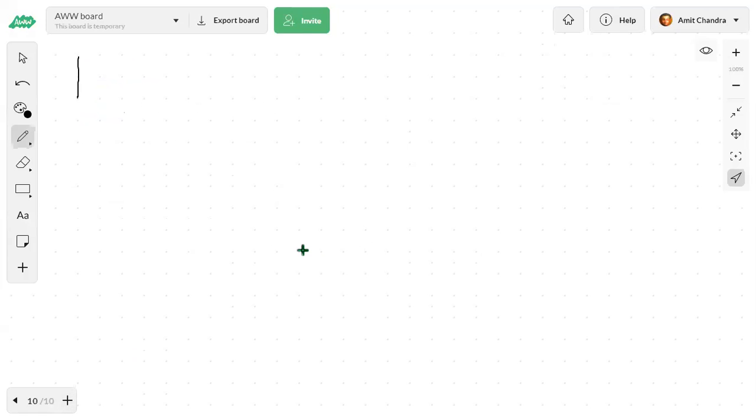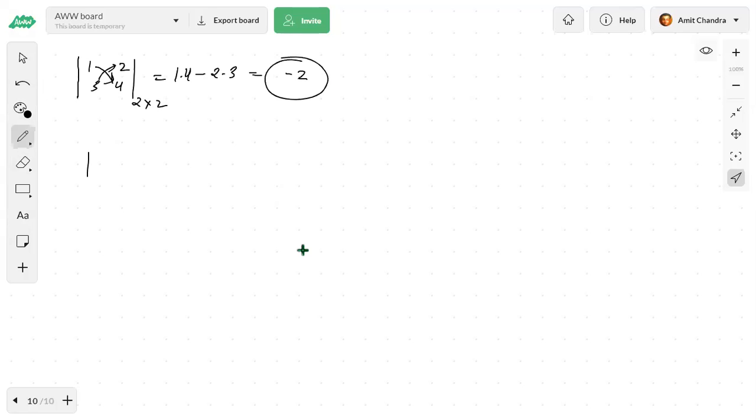First, a very simple one: the determinant of a 2 cross 2 matrix, say 1, 2, 3, 4. To find its determinant, simply this into this minus this into this. 1 into 4 minus 2 into 3. So this is 4 minus 6, which is -2. The determinant of a 2 cross 2 matrix is simple, and we all know it.